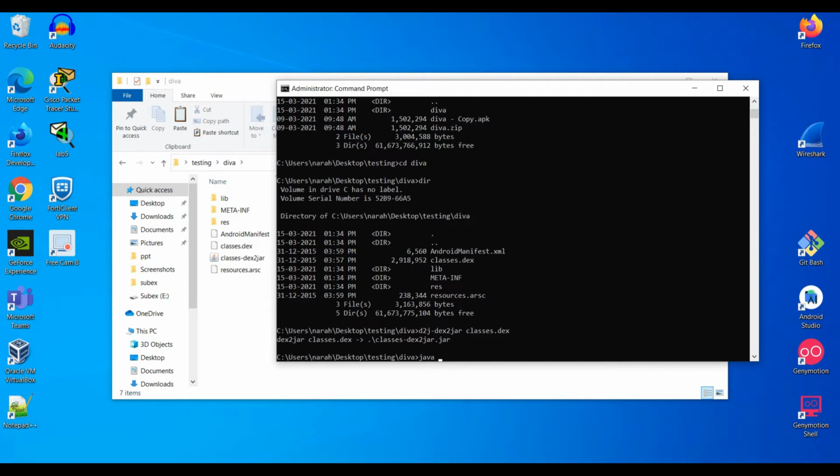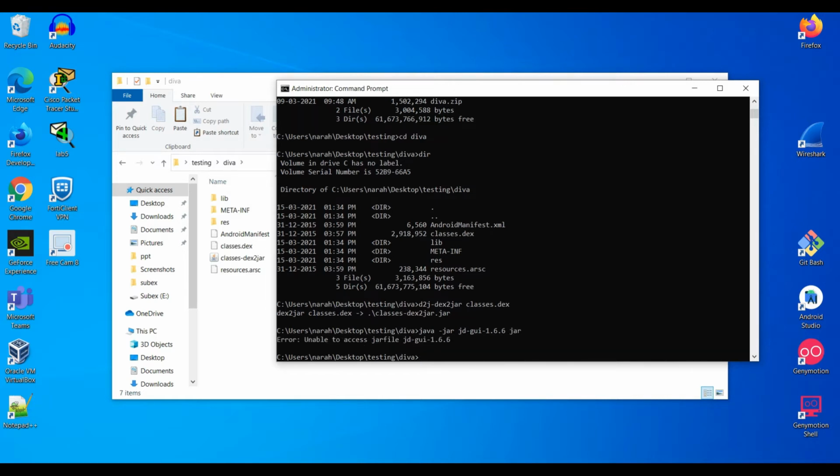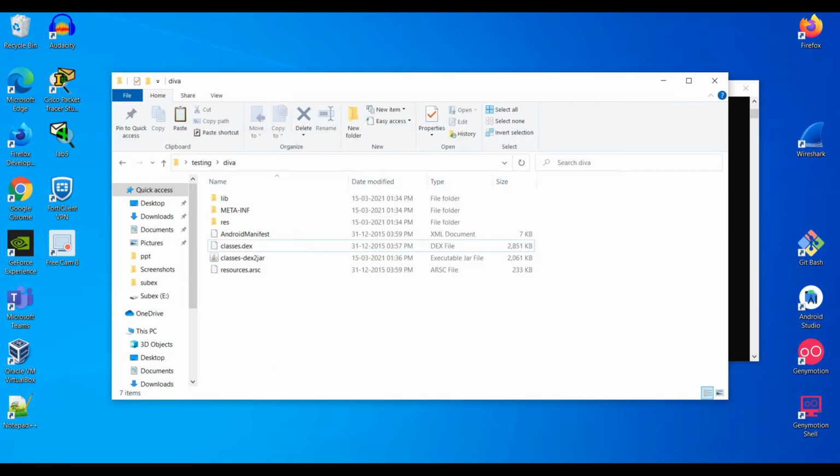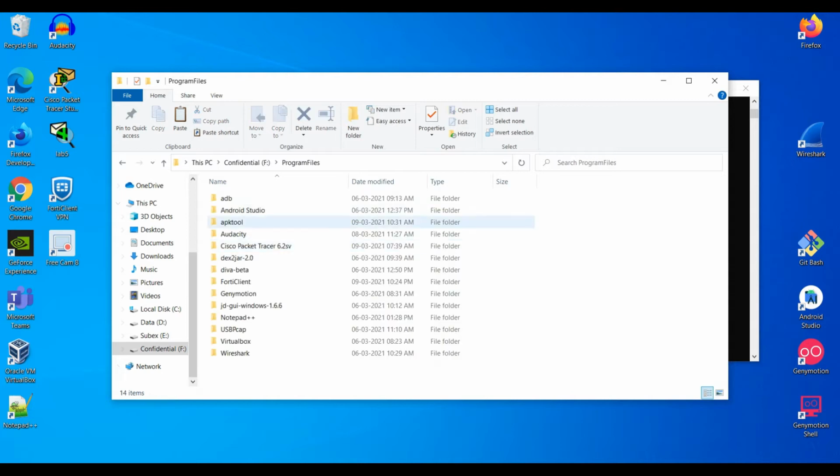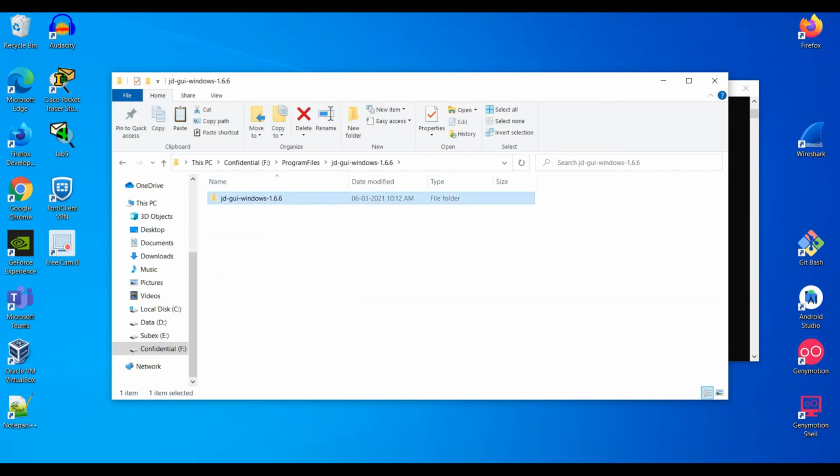The other thing is we need one Java JD-GUI version to read the application. Yeah, here is the Java JD-GUI.